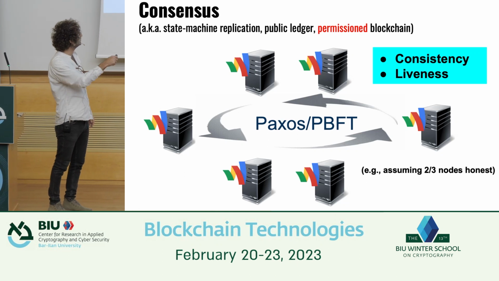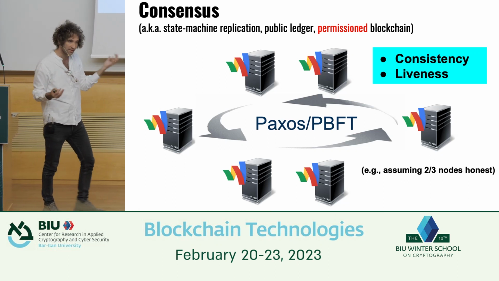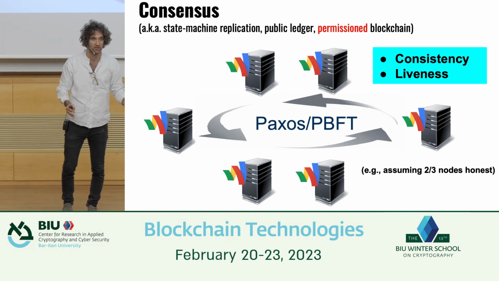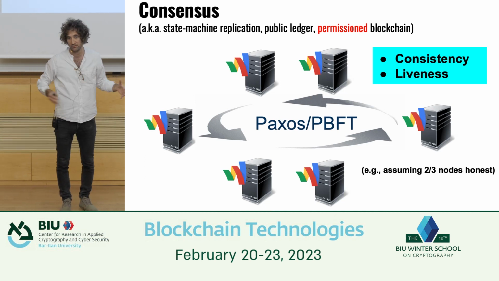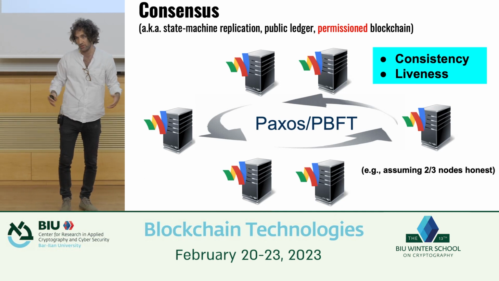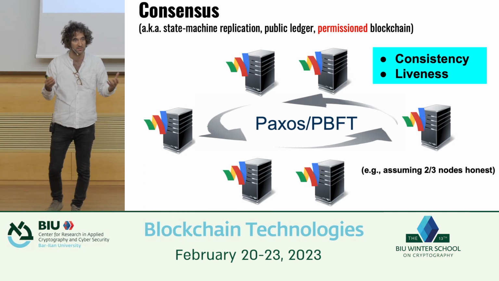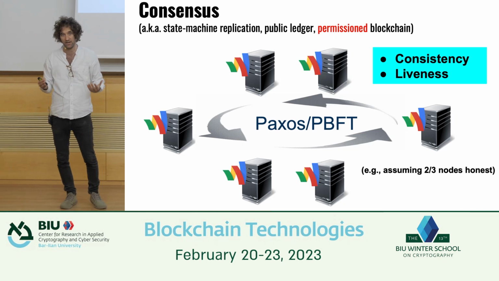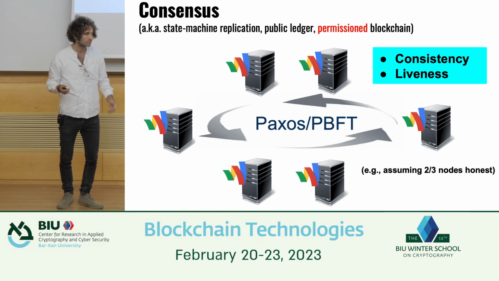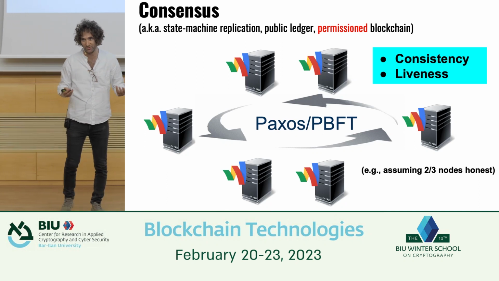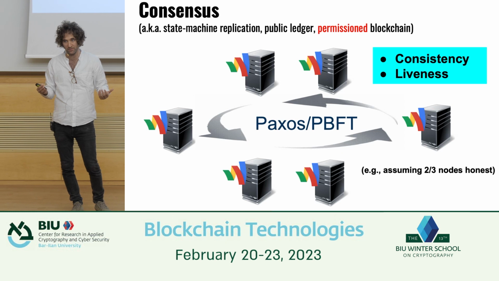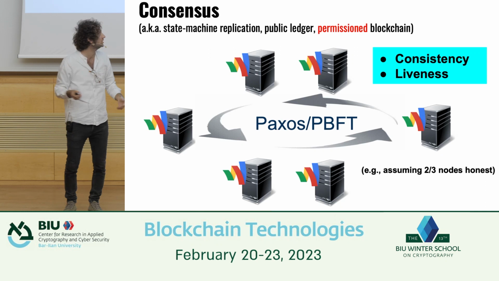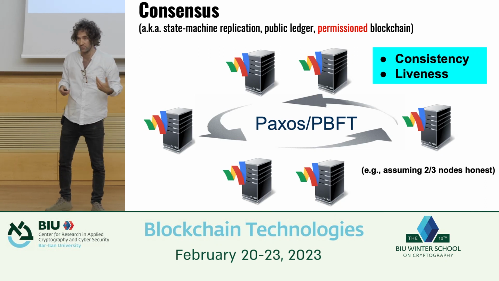And why do we want these nodes to agree on it? Well, the key point here is that we would not like to have a single computer store this list of transactions, but rather we would like to replicate this data among lots of different nodes, so that if some of them go down or are malicious, we can still recover the content. It's a way to replicate this data and ensure that the data actually remains there. In order to define what it means for this data to remain there, we require two properties for such a replication protocol. The first one is consistency, and the second one is liveness.